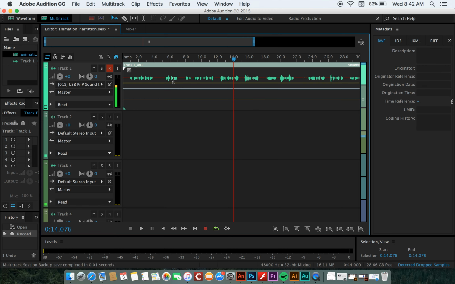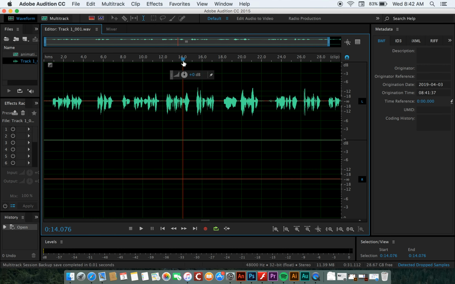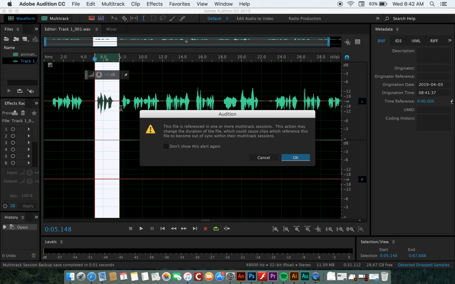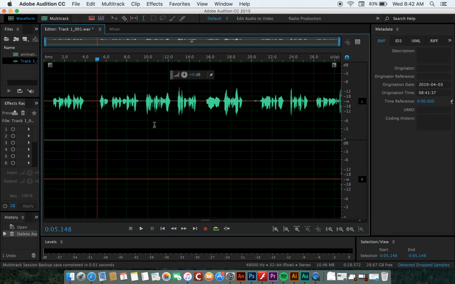I like to double click the file and have it as just a single waveform. And you can either edit this by saying, oh, I don't want this part, I'm going to highlight it and hit delete and say OK. For instance, if you stutter or make a mistake on a certain phrase, once you have the waveform the way you like it,